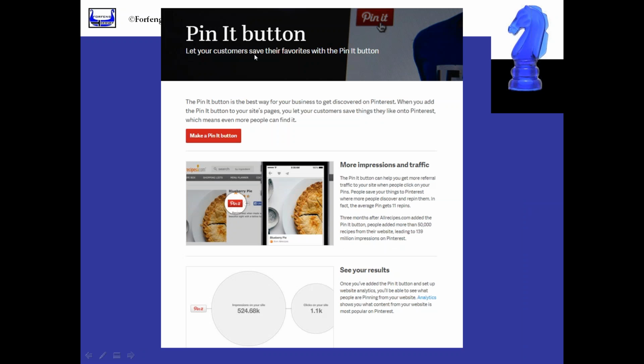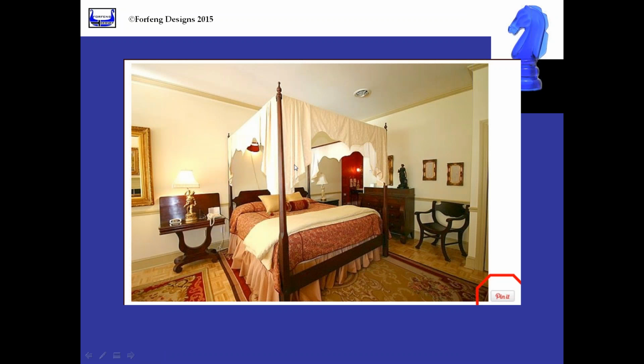Now, there's also the option of adding a Pin It button. So if you have a website that you have access to, or you work well with your web designer, you can have them add a Pin It button to your website, or to specific pages, or to specific images. I'll be honest, if you pay a webmaster to do this work for you, I don't think it's worth your time to do this. And the reason being, most people that actually use Pinterest have the Pin It browser extension button,